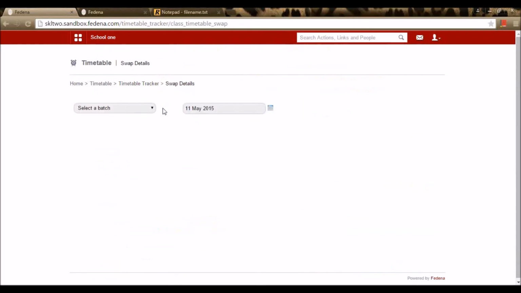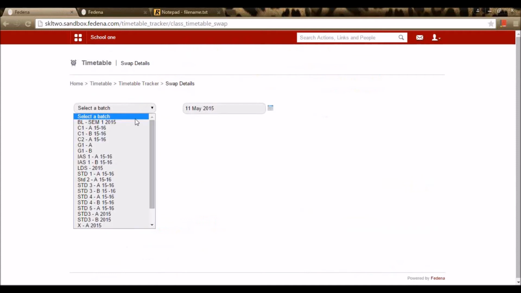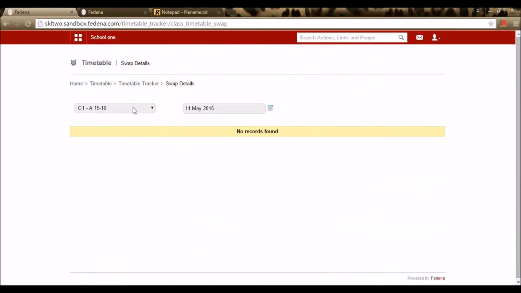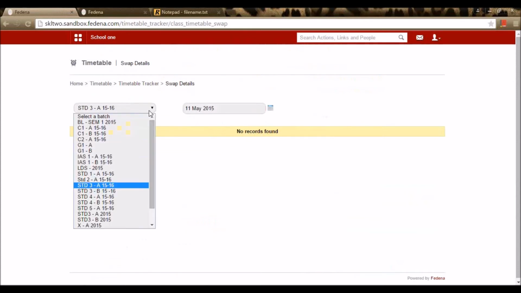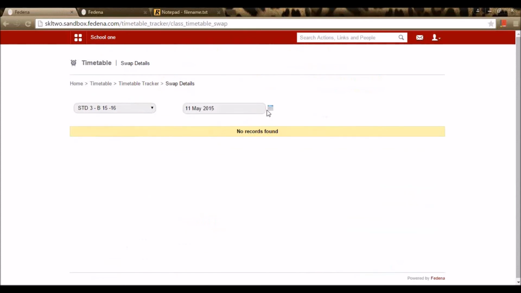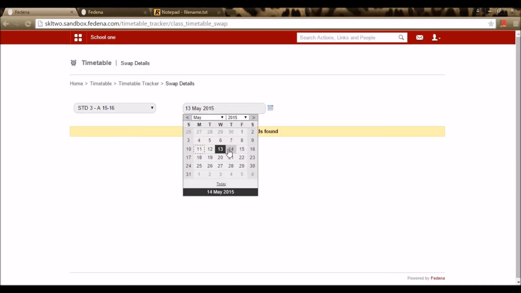So in case there is an employee who has already been marked for a class in the timetable and is not available, and the institution or the admin wants to swap, that can be done right here. So for example, I'm selecting a particular batch, and for this particular standard, in case there is a timetable, I can assign another teacher right here.